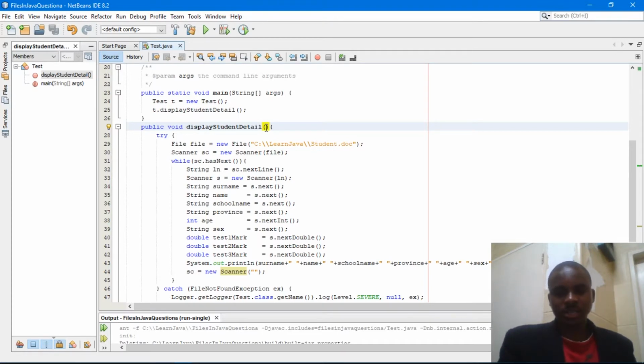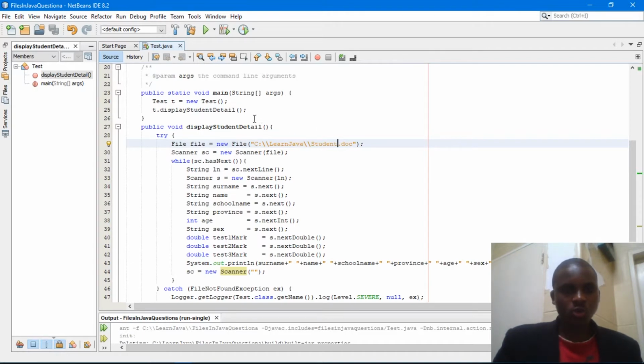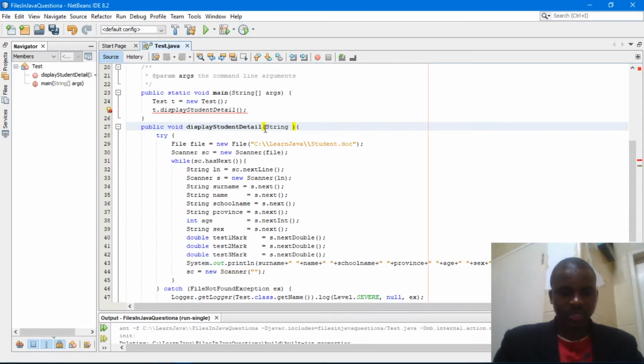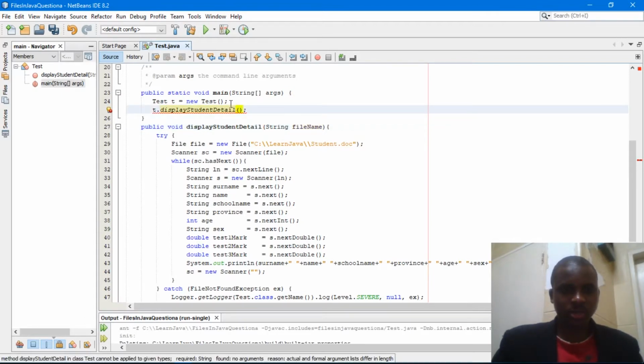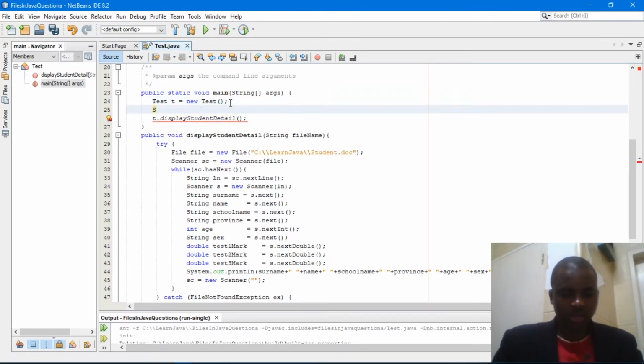Okay, so here I'm going to pass a string, and I'm going to name it fileName. Here there's an error because we didn't pass an argument, so I'm going to declare my string fileName and initially assign it to nothing.